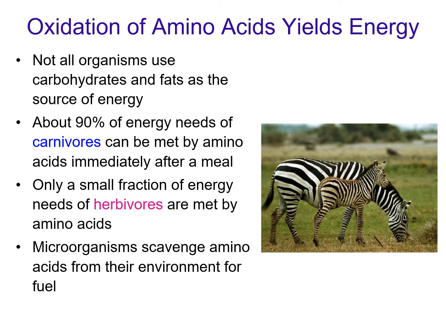First, let's set up a few facts about amino acids, or utilizing amino acids as energy. Not all organisms use carbohydrates and fats as a source of energy. Our body is adapted to use carbohydrates very well as a source of energy, and we also can use fats that we have stored as a source of energy. But our carnivores, such as our lions and tigers and things like that, they get about 90% of their energy needs